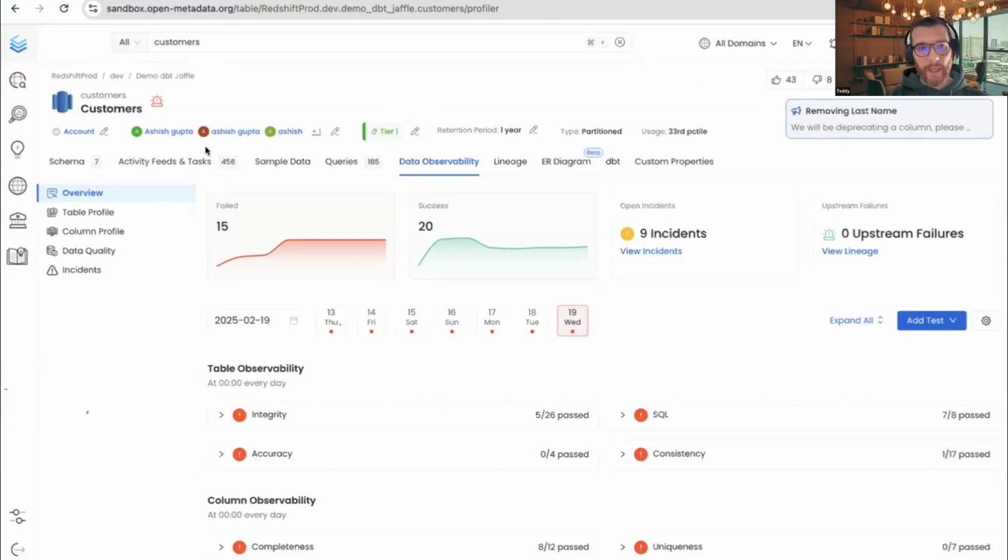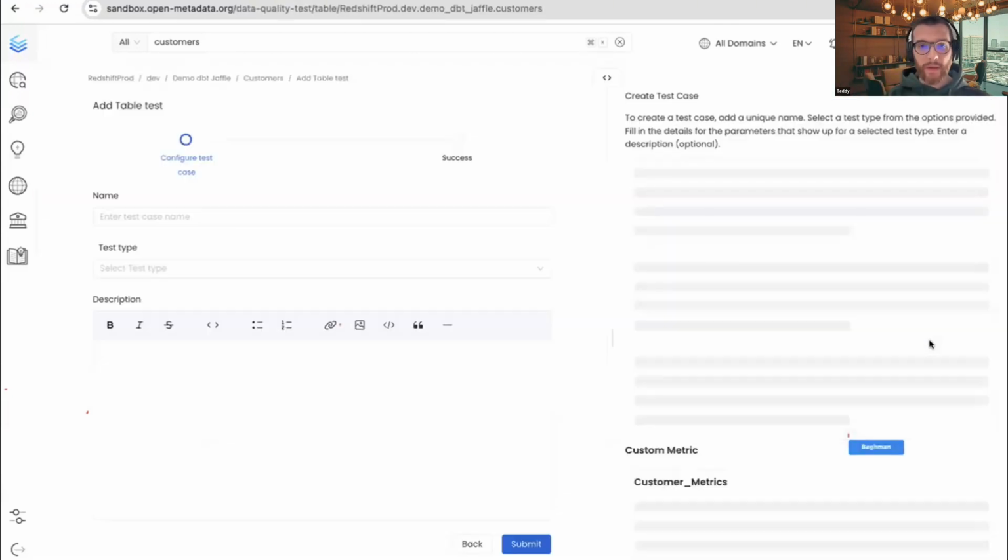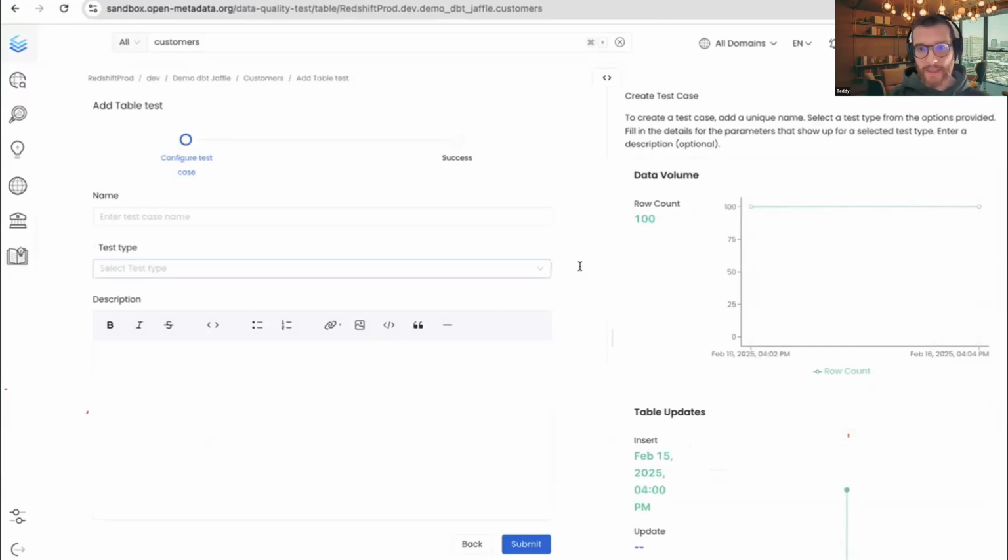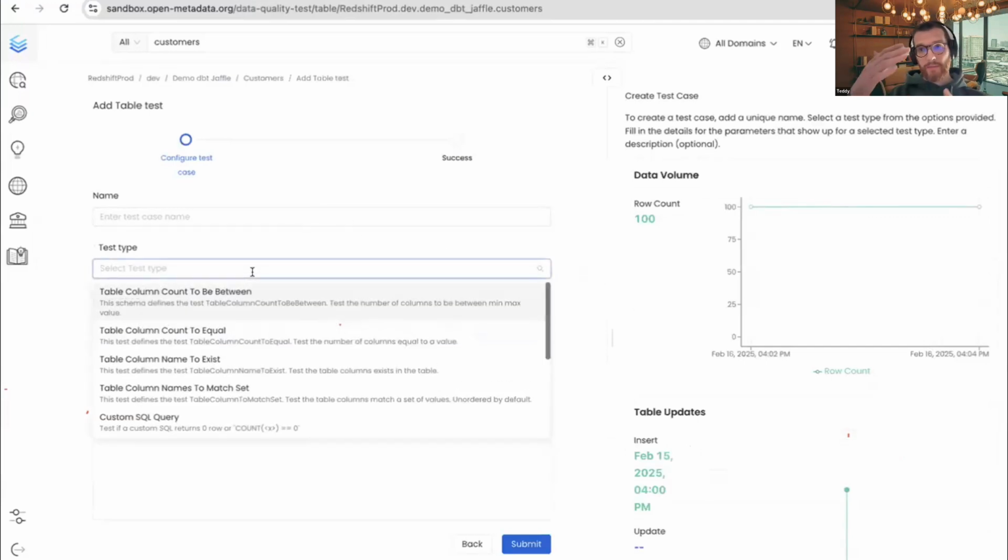Of course, if I want to add a data quality test, I can simply navigate to the Add Test tab, then pick the type of test case that I want to do, right? Do I want to perform a table or a column level test? We have a different set of natively integrated data quality tests that ship natively with Collate. And if I click on the table test cases, then I will have access to a different set and different types of test cases